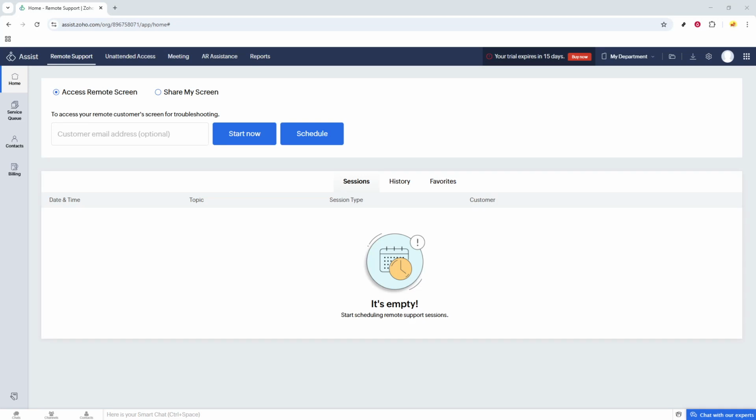In today's video, I'm going to teach you how to use Zoho Assist. Let's dive right in. So, here we are at your Zoho Assist dashboard, also known as your workspace. This is your central hub, where you'll find all the essential tools you need to provide seamless remote support and